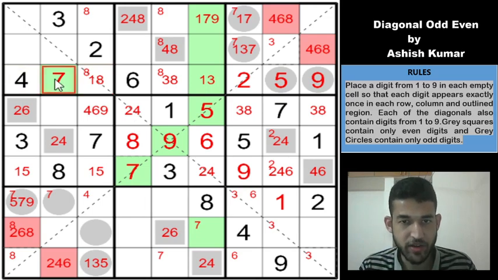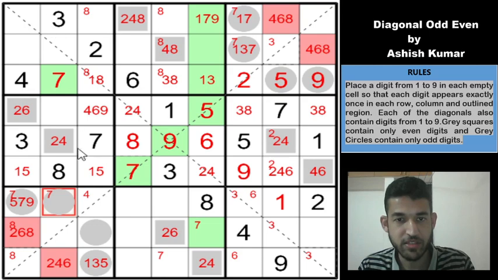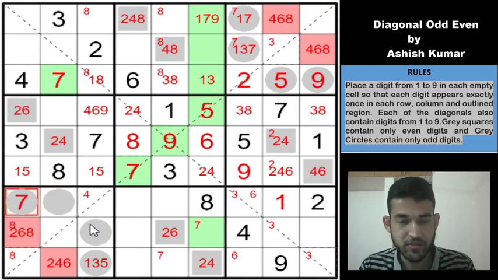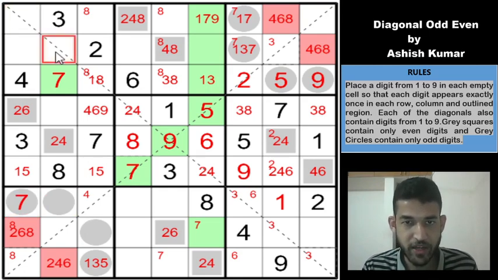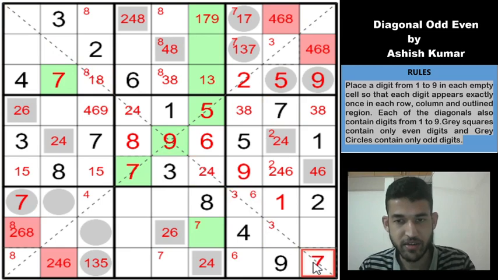Okay, because of the 7 here, we remove the 7 from this cell. This is not a 7, which means we get the 7 here. So can we place the 7s now? 7 cannot go into these cells. 7 cannot go into these cells. So 7 must be in one of these 3 cells. Obviously 7 cannot go here and 7 cannot go here. So this would be a 7, which means 3 is in one of these cells, right?